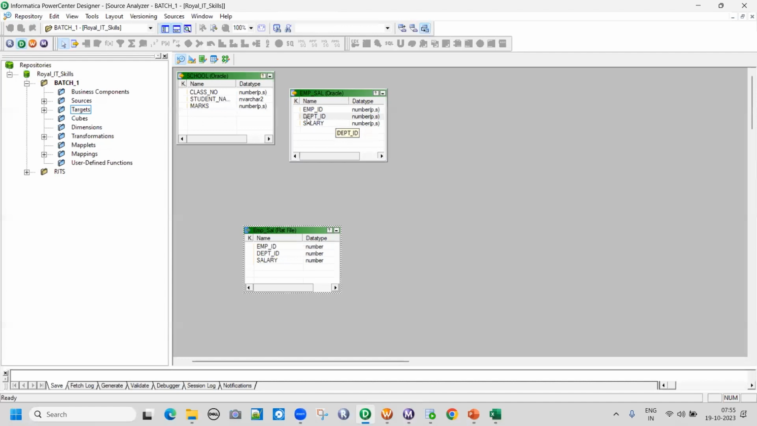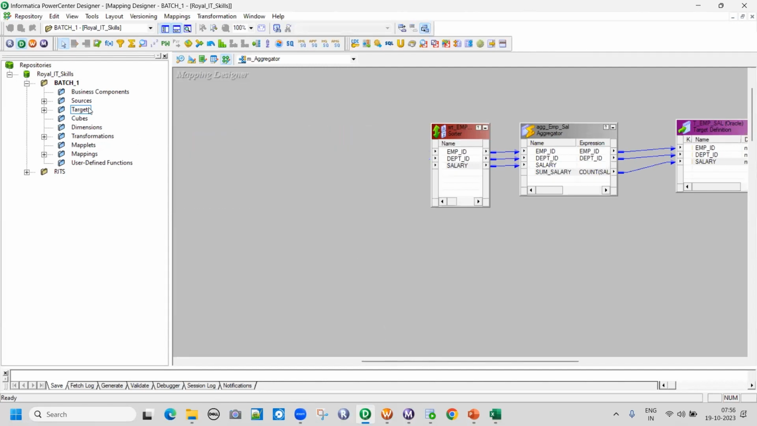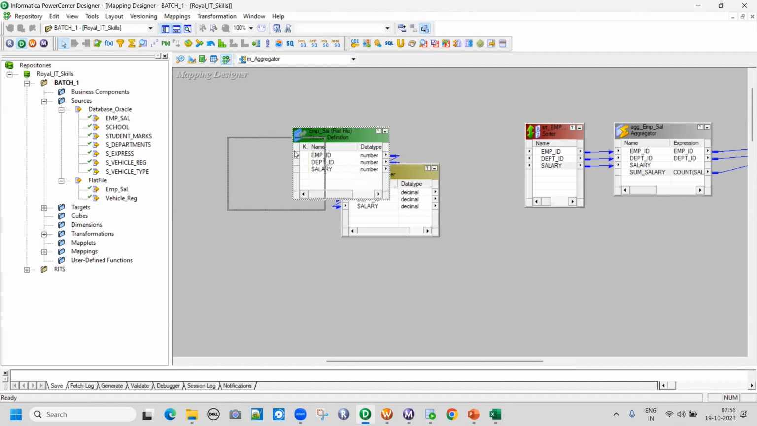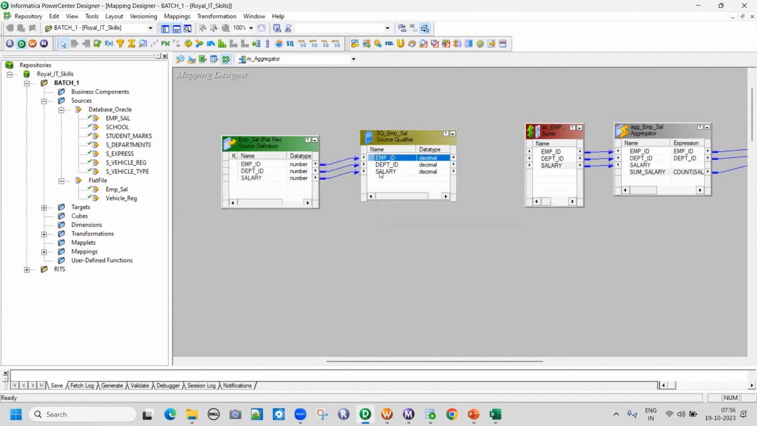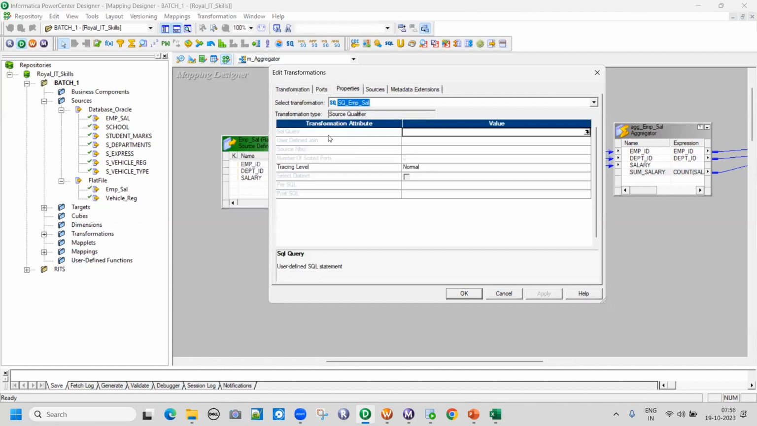A source can be a flat file, and it can also be an Oracle table, that means a relational table. In the case of a flat file, I'll make use of the flat file here instead of this one. I'm just deleting this one. If my source is a flat file, and I'm mapping these things to the sorter, now if we want to sort the data in the source qualifier itself, we don't have an option. We don't get an option to sort,